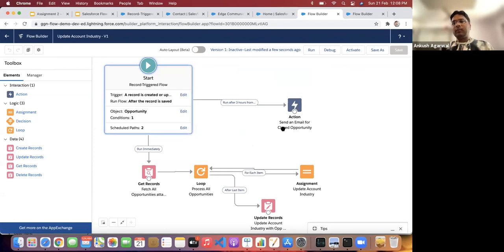One more point, and then you just have to activate it. Again, similarly, run and debug will not work here.